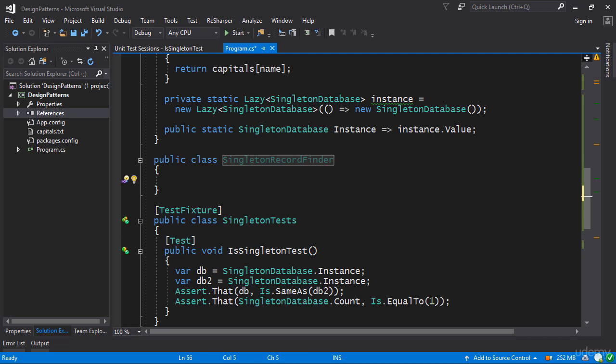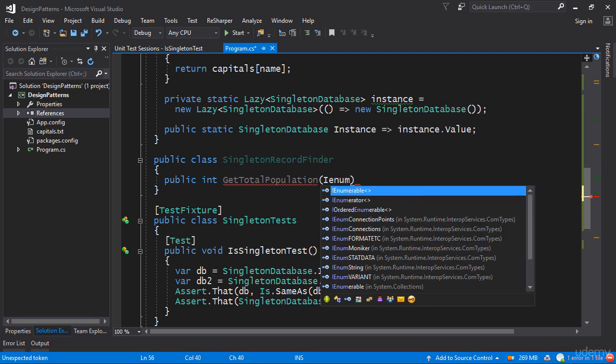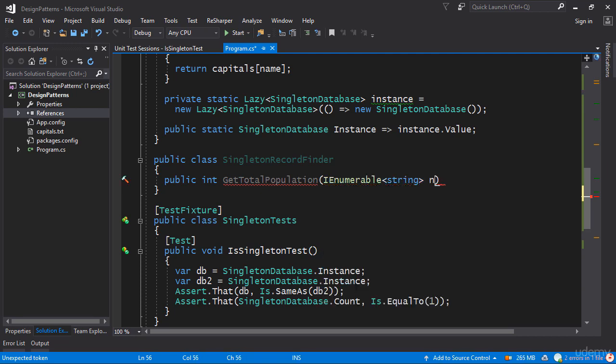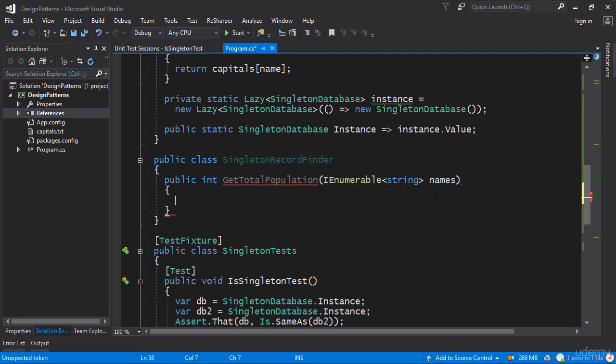Like so. Okay, so the idea here is that we have a public int total population. Actually, let's call it GetTotalPopulation. So this is a method which, given a number of names, returns you the total population in all of these cities combined. So I have an IEnumerable of string names, and then of course the implementation is very easy because